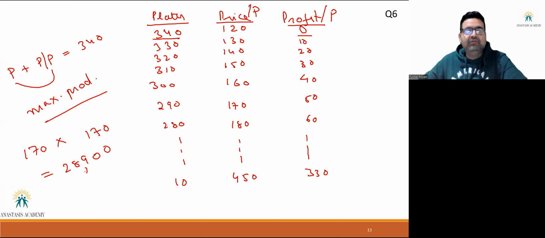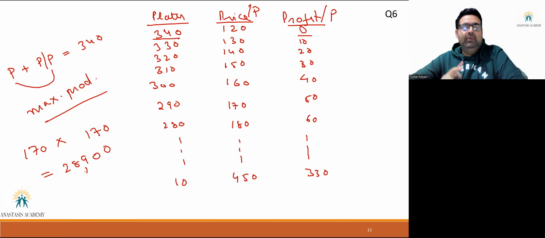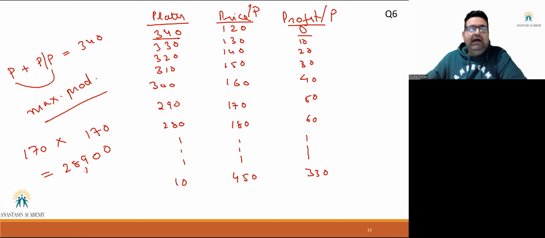But I'm trying to give you a solution where you apply your logic of maxima minima, that when the sum of two numbers is fixed, their product gets maximized when they are equal, right? And if somebody is having a doubt, in fact, I have written all the values above, 300, 160, but if you would have written all the values below also, there will be 170, 170, because 280 reduced 11 times by 10 will reach 170 somewhere.